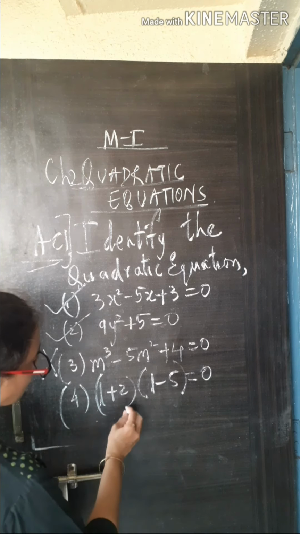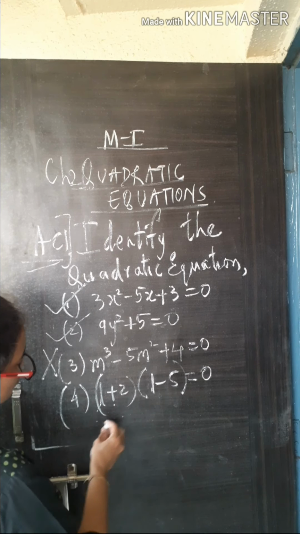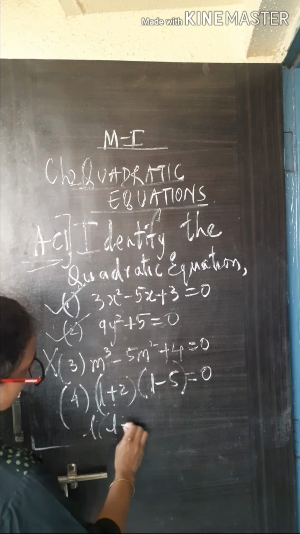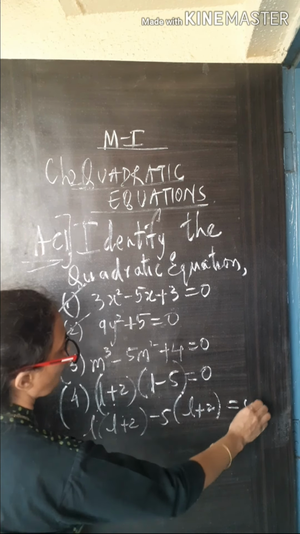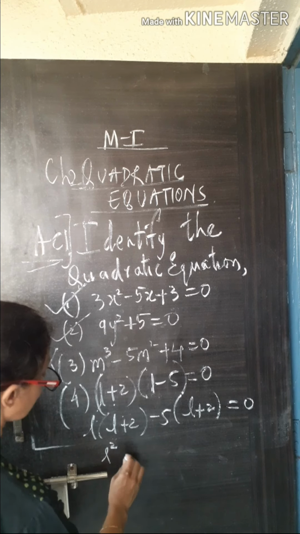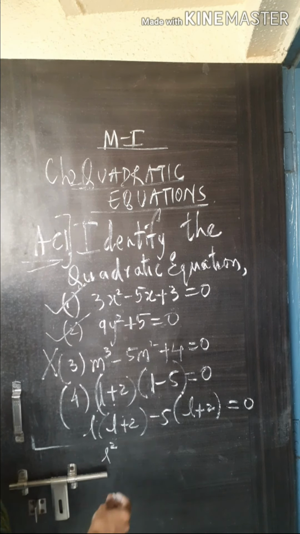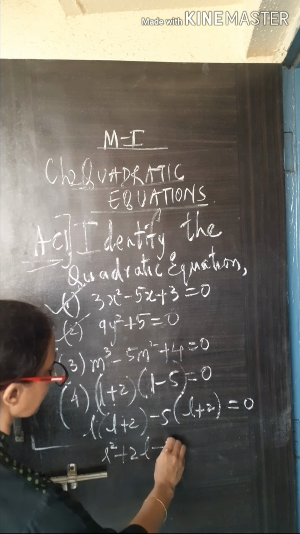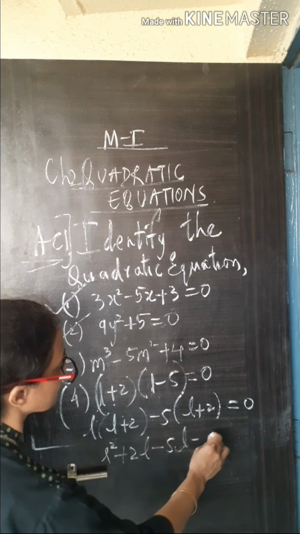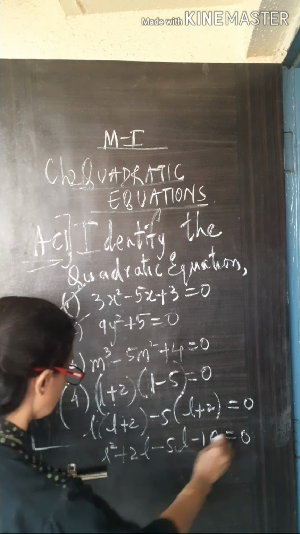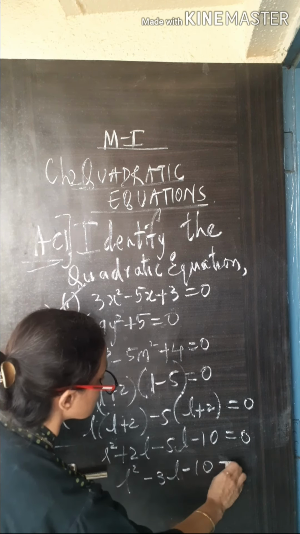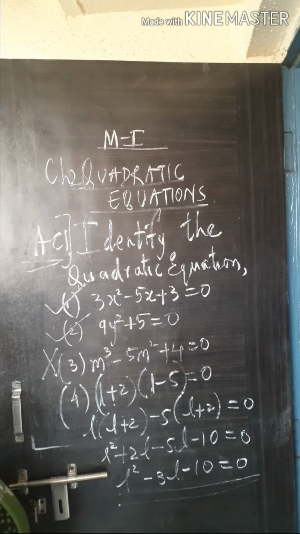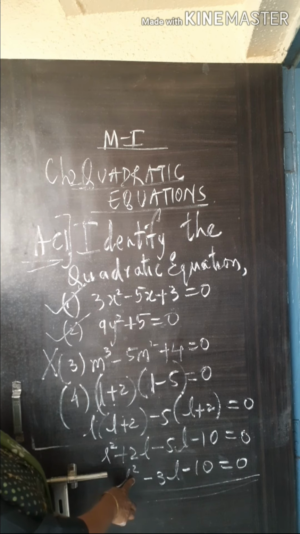The next one you need to solve, the last one, that is, multiply the two brackets. So L plus 2: first L we will multiply with L plus 2 and then minus 5 will multiply with the first bracket. Open the bracket now. What is it? L square plus 2L minus 5L, plus into minus 5, 2s are 10 equal to 0. So it will be L square minus 3L minus 10 equal to 0, and you can see the final form is a quadratic equation, with the highest degree 2.